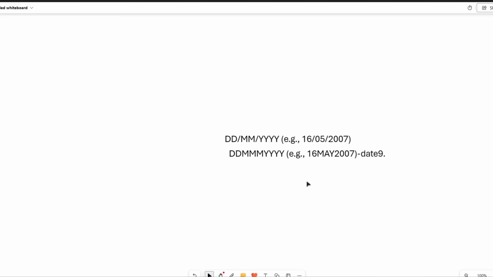If the month is present as May, June, July or something like that, for example 16 May 2007, then we call it date9. format, because the letters are 16, then May, then 2007, giving 9 characters. If the slashes are present, we have to count those symbols also, and then we get DDMMYY10. format. So that's the difference between the dates.